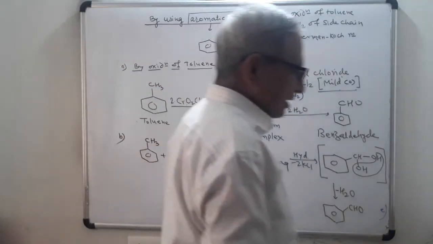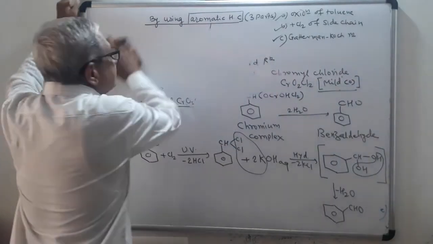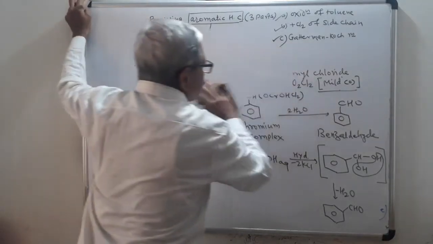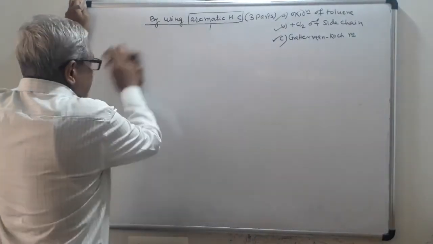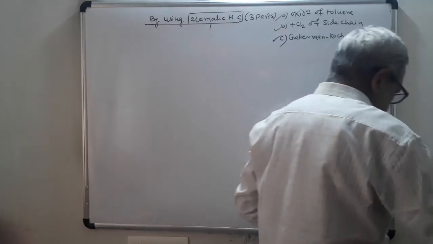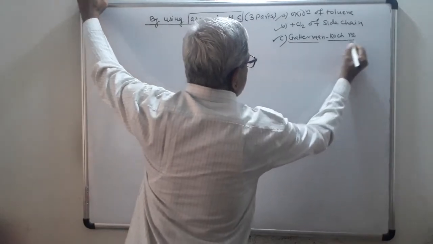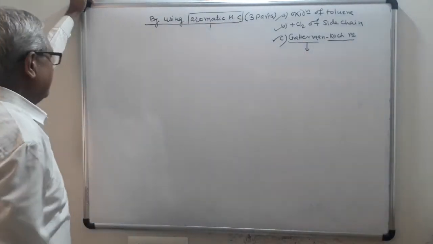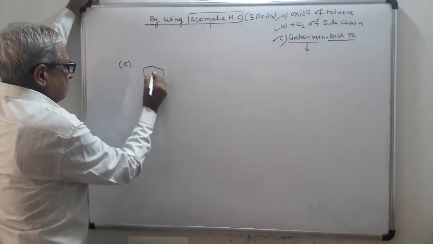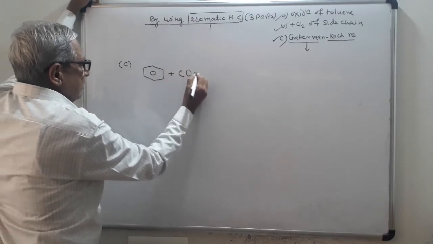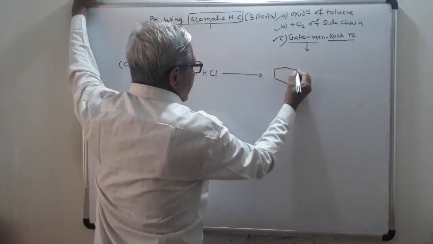Now I will start the Gattermann-Koch reaction. So give the title Gattermann-Koch reaction. I will explain this point now. Point C. In this reaction, benzene is treated with carbon monoxide in presence of HCl. You will get here benzaldehyde